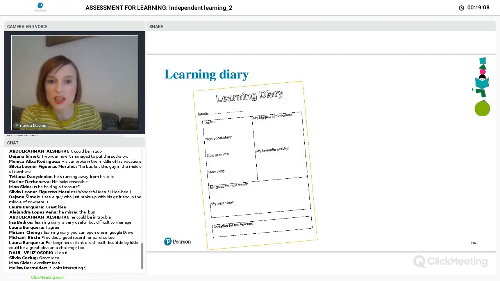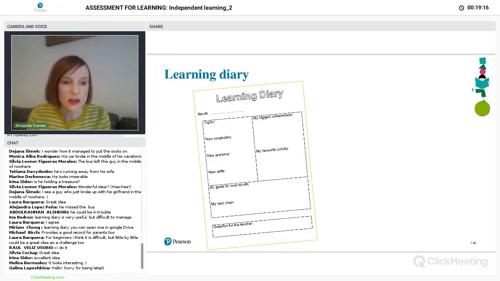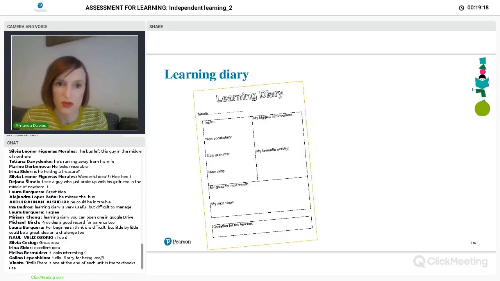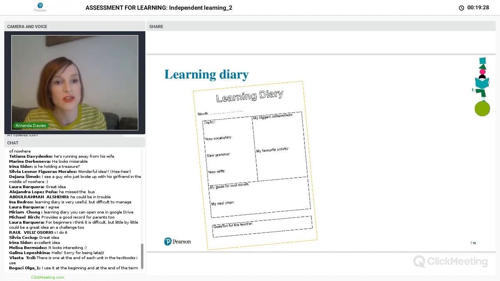So I like to have a section that's about what they learnt. I also like to have something that reflects on something that they enjoyed, not so much about the language or the skills. So on the right, there's a box, and here I've got my biggest achievement and my favourite activity. So students can let the teacher know what activity they particularly enjoyed, which is great because then we know what to repeat. It's not always easy to tell with teenagers if they're enjoying something or not, because some